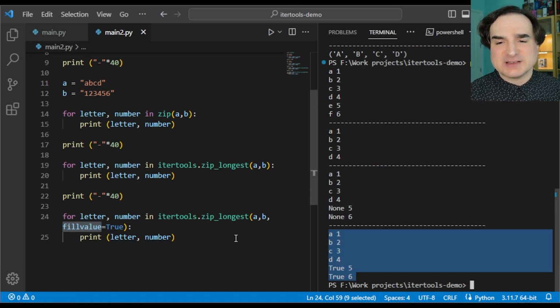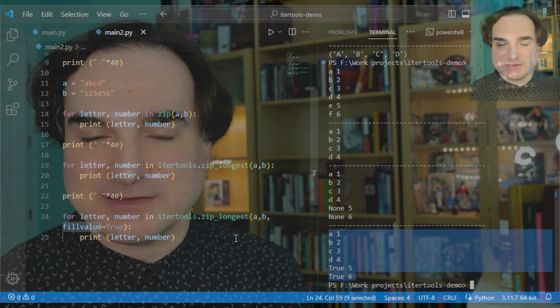Now, itertools has lots of other functions. I've barely scratched the surface of what's possible, but the basic idea should be clear. With loops or with iterating through collections of things, sometimes Python's built-in behaviors just aren't enough. And rather than try to stitch together a solution on your own, take a look at itertools. It's in the standard library, it's always available, and odds are there's something in there to match your needs.